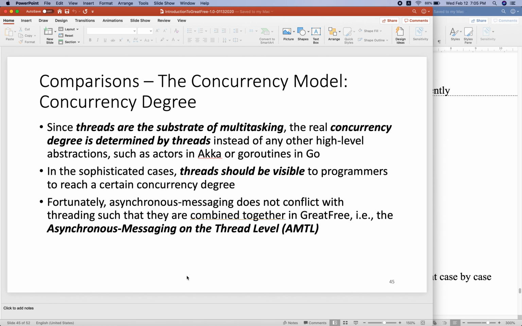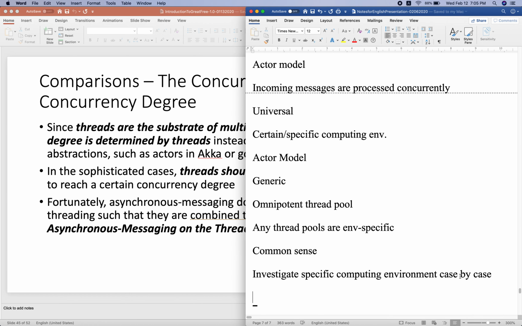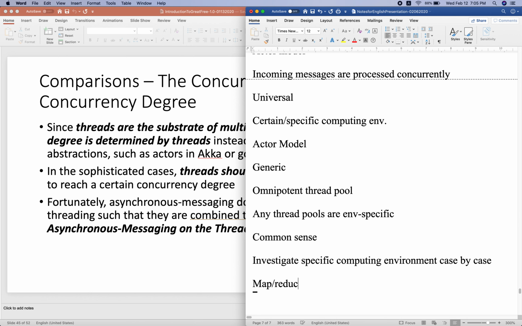However, if a thread is not visible, it means we cannot determine the concurrency degree. For example, if we need to design a map reduce system, that means there are 100 subtasks that need to be assigned to 100 threads or 10 threads or 15 threads.